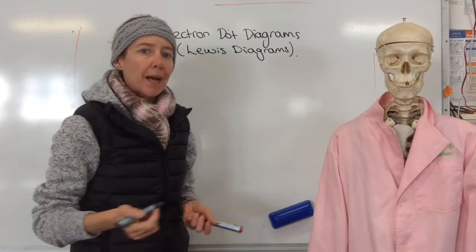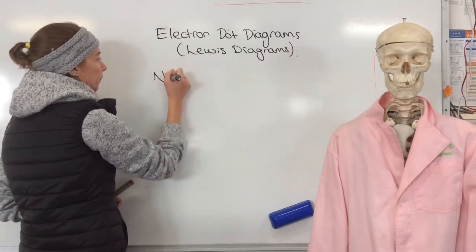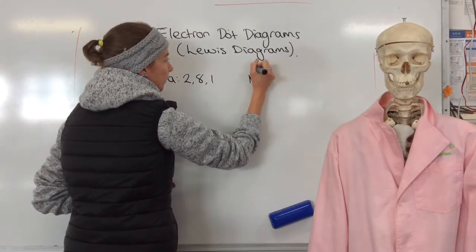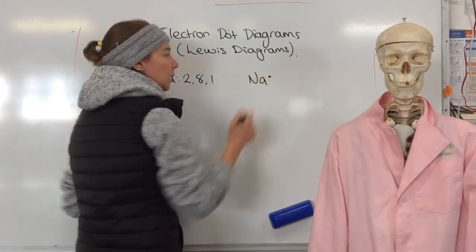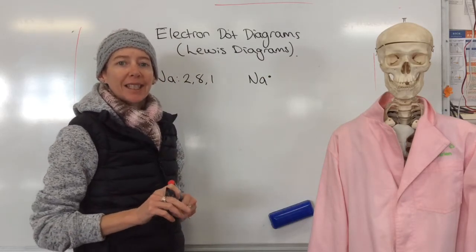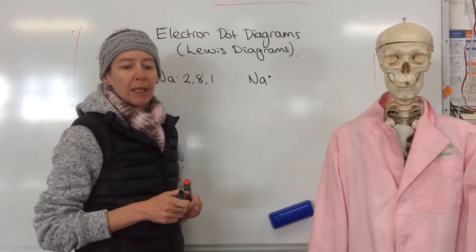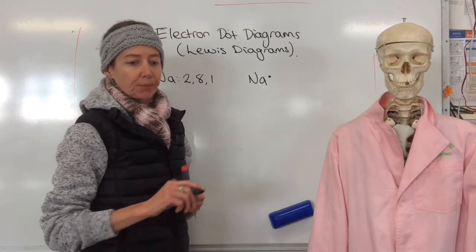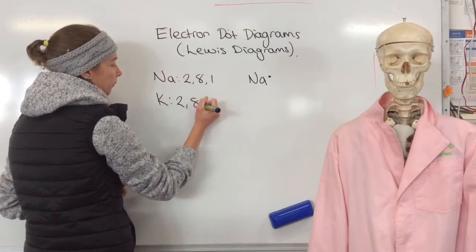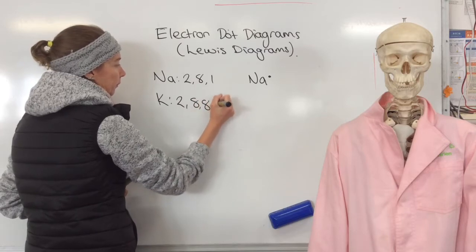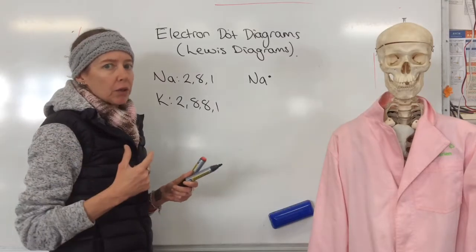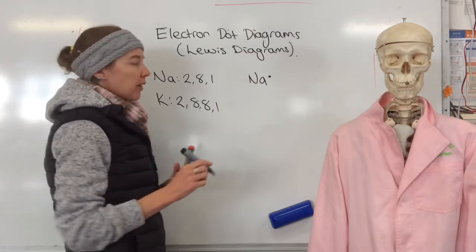Okay, I'll draw that sodium one back up. So that's its electron dot diagram. Why don't we try another element in the same group as sodium? So we're in group 1 at the moment. Let's try potassium. So that's its electronic configuration. You don't have to write that out, but it might just help you to decide how to draw the electron dot diagram. So in this case,